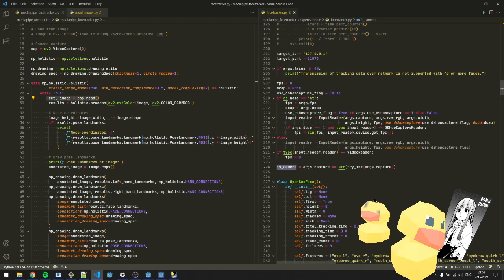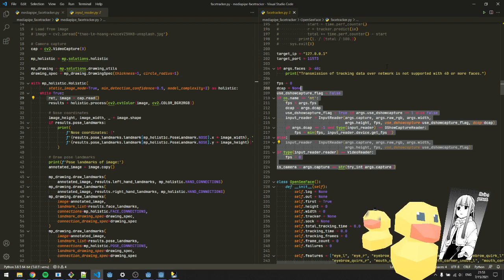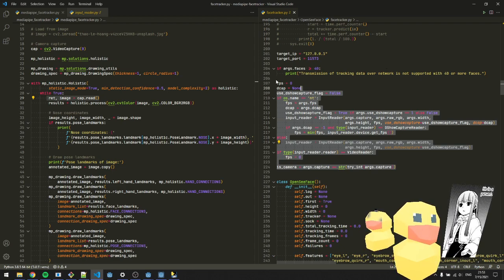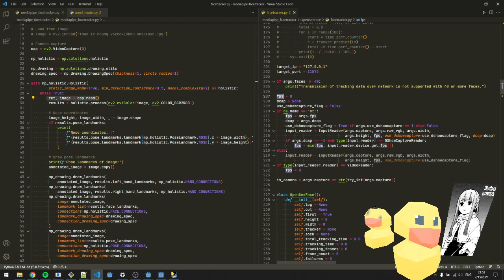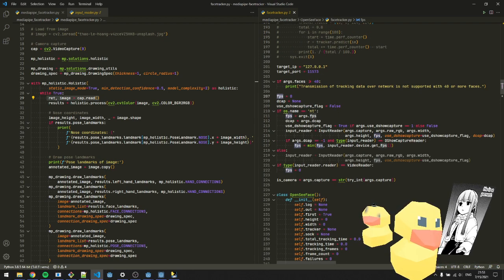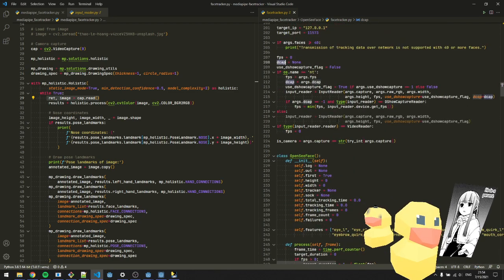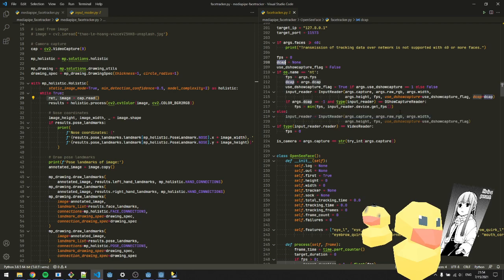Is camera. Don't need that. Actually, FPS. Wait a minute. RX decap. What is this decap? If RX decap,